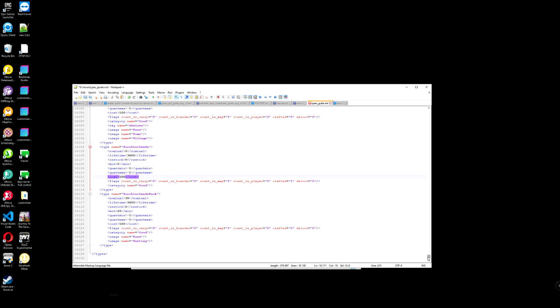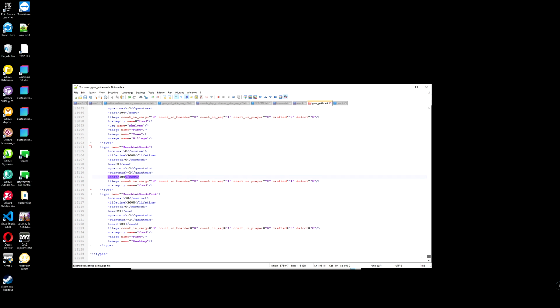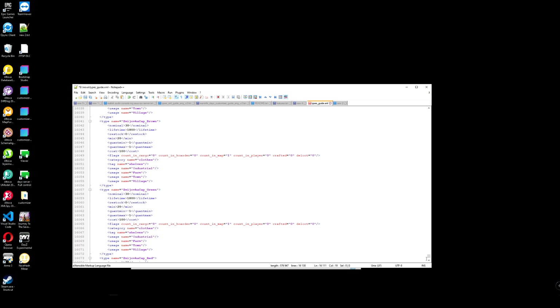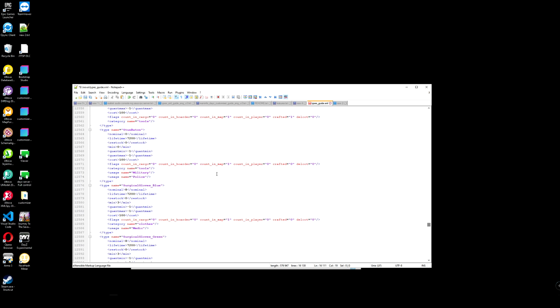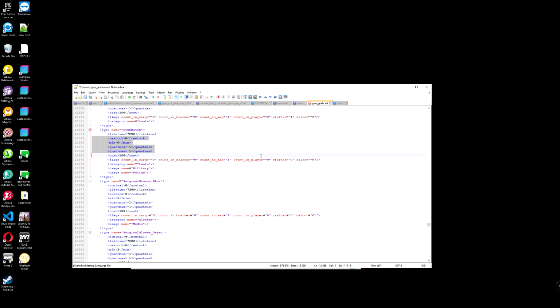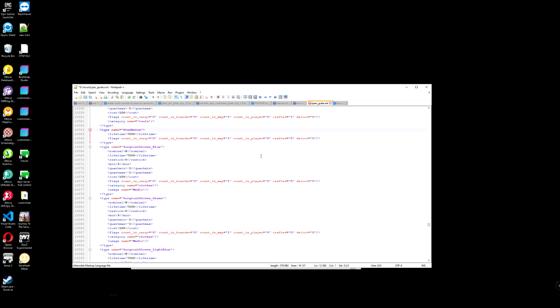Let's try to find some things that are optional in the types. For example, for some static items which don't need to be automatically spawned on the map, you could only have lifetime and flags like this, and it will be working fine.